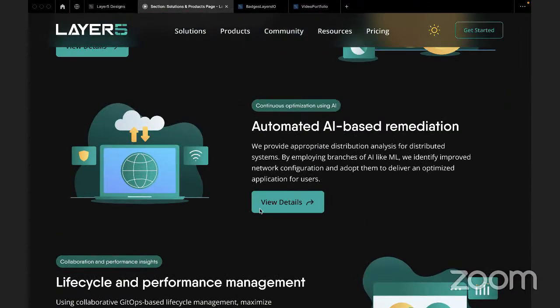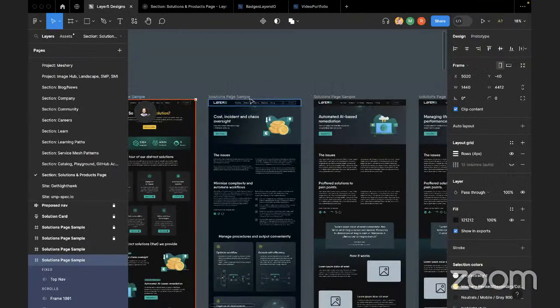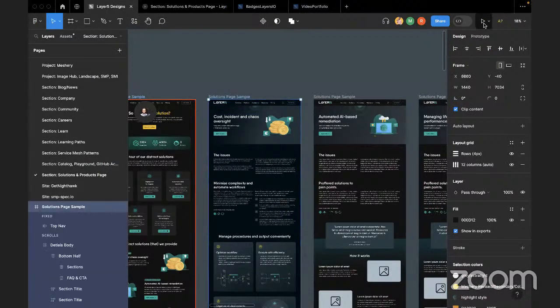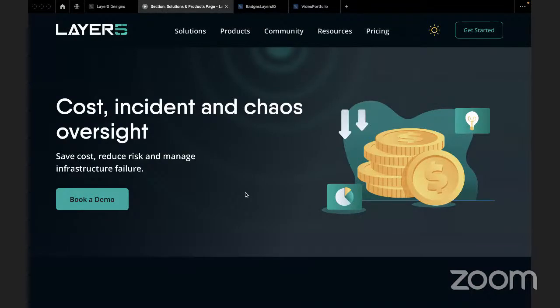And if we click on this view in detail card, it will guide us to a sample solution page, which will look like this. So basically this is a sample page which will be a sub part of that solution page.